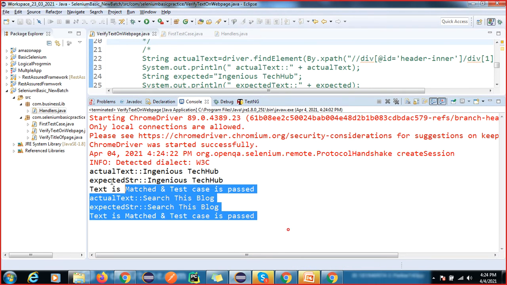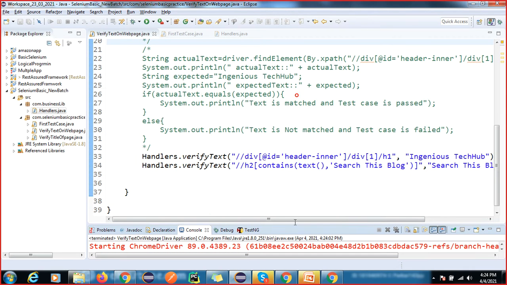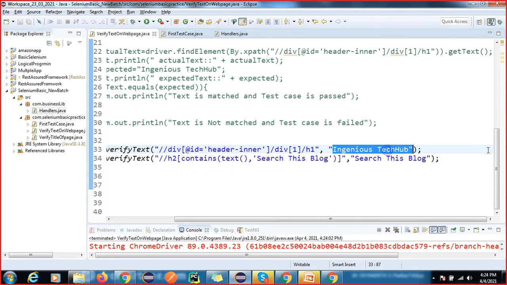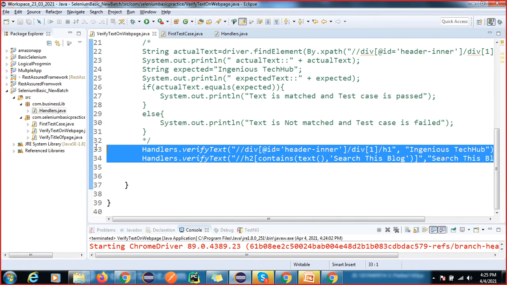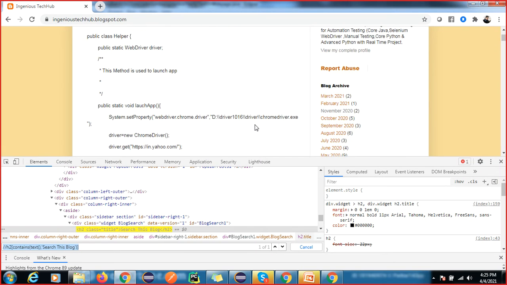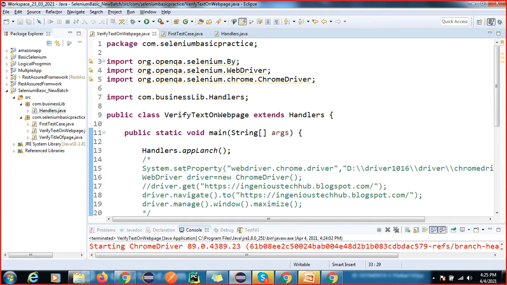You can see I have done two validations. You can do multiple validations. Understood, right? In the framework I will also not write this here, and this one I will take from an XML file, properties file, or Excel file. So here I should not do any changes. So this is two validations, or you can do multiple validations for one test case. So you know how you can create a reusable method for this.